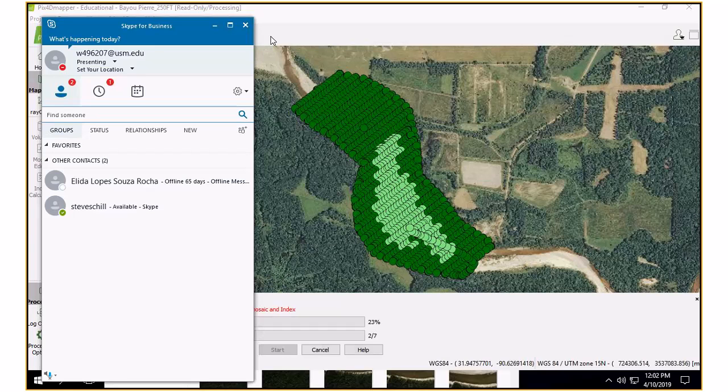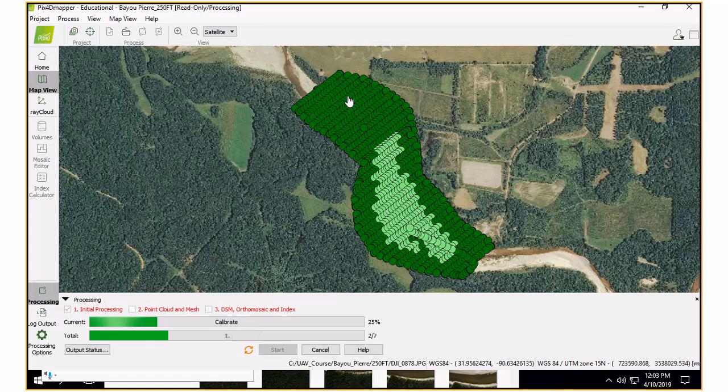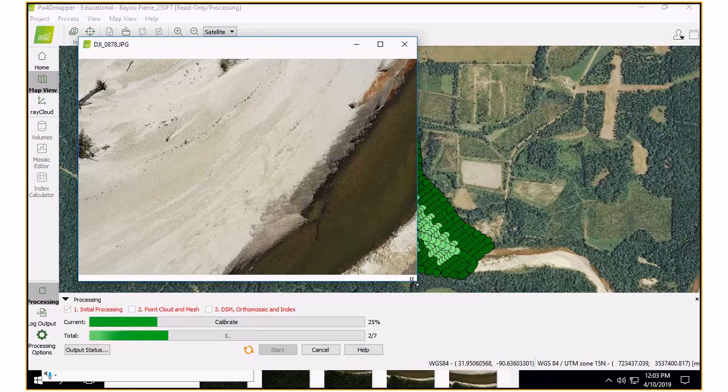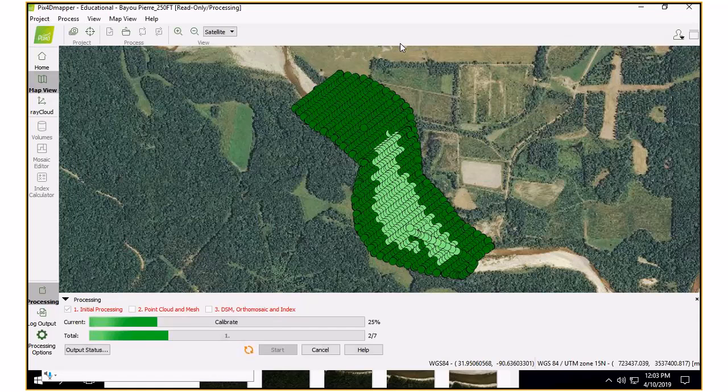So you see that it's processing through. And each one of these little individual ones, I think we've covered this, are photographs. So if I click on one of these, I can see which photograph it was. All right, so you can see the variability there in the imagery that shows up. And I do have a final product to show you later, because we won't actually be able to make this run all the way through today. What our goal today is, is to get this data